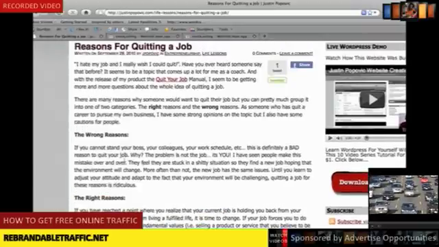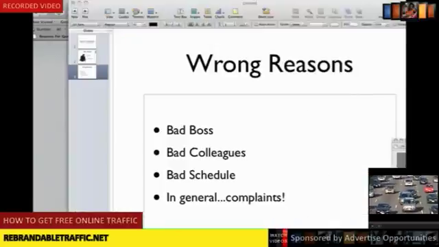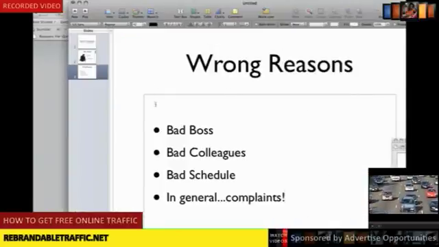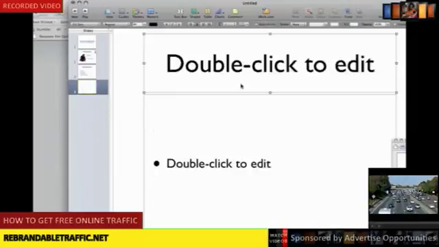And the whole point I'm making here is that if you're complaining about your job and complaining about your boss, then you're the problem. You're just complaining. You're not making the best of the situation. And if you continue with that mindset and you go get a new job, you're still going to see all these problems. So that's not a good reason to quit your job. So then I use that to dovetail into the right reasons.